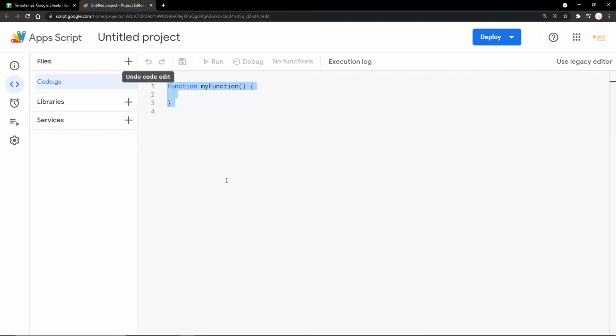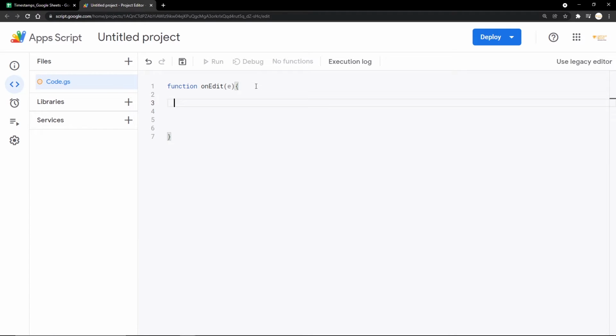So here you can see the script editor has opened up. I'm just going to clear this out. And as we had discussed previously, we're going to be using the onEdit function in Google Apps Script. To use the onEdit function, we need to write the exact name onEdit. I'll be leaving the code link in the description. You can work with it. And here I'm going to be passing an event object, e. This is going to be getting all the changes that are made in the Google Sheet.